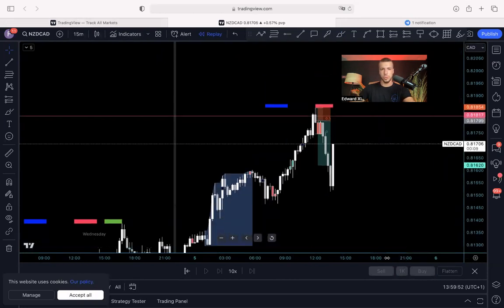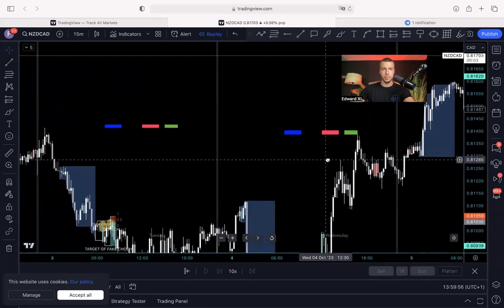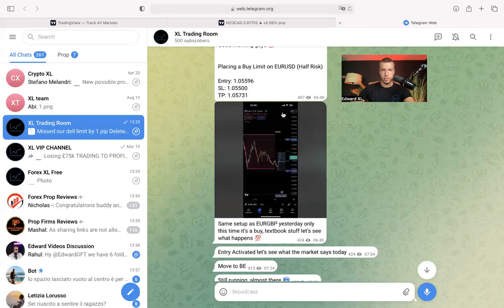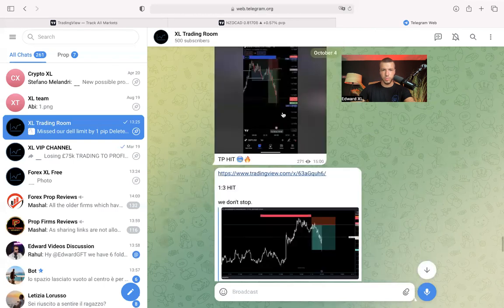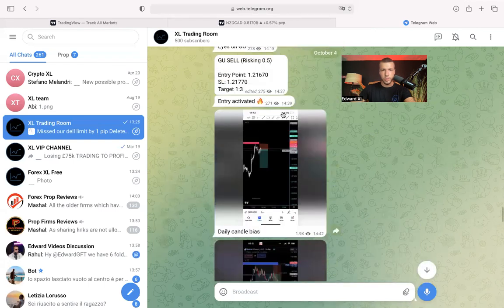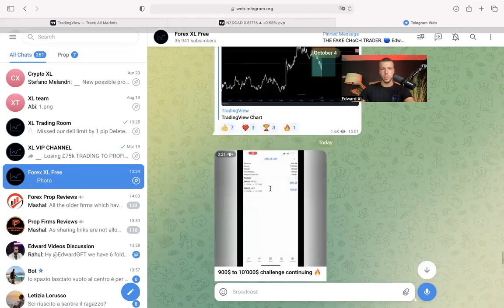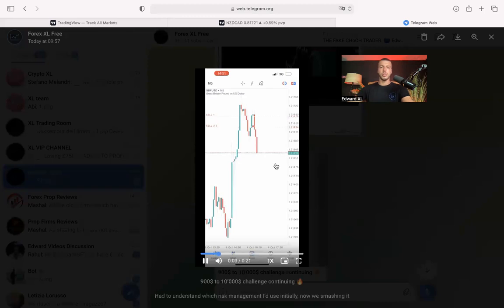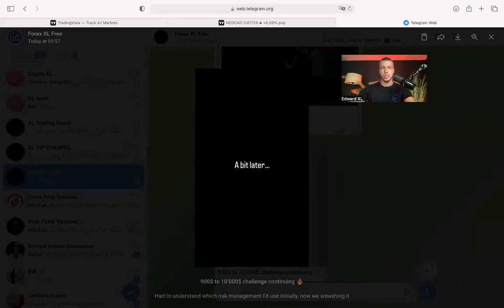Extremely important to pay attention to these two examples. Where is it? Sorry, wait. Yesterday. GBPUSD from yesterday. So GBPUSD is the trade that I took here that I was showing. I took it on my personal flip account. I'm flipping this account. I started from 900, trying to go for 10,000. So from 900 to 10,000.